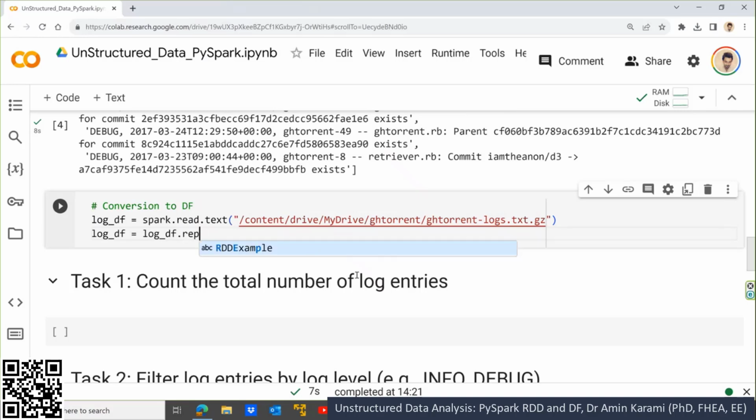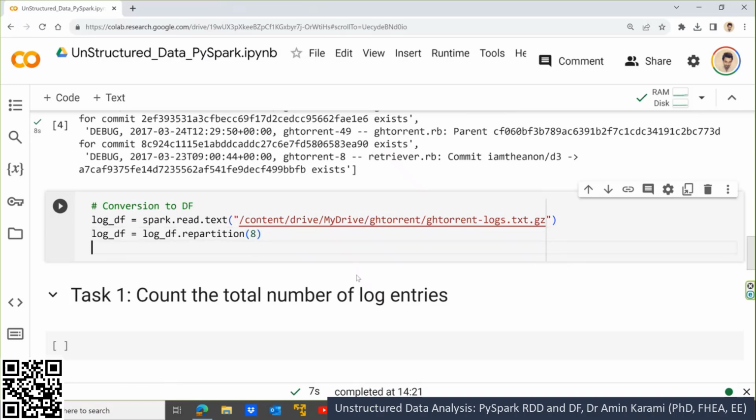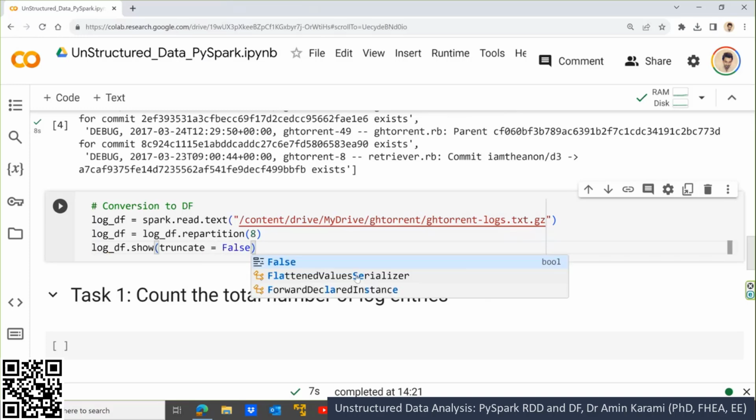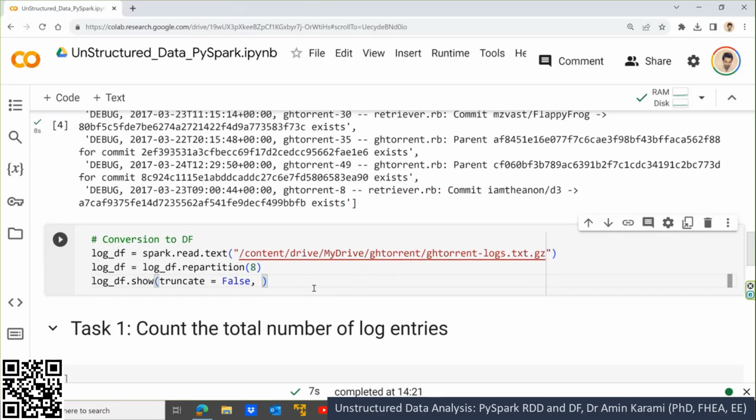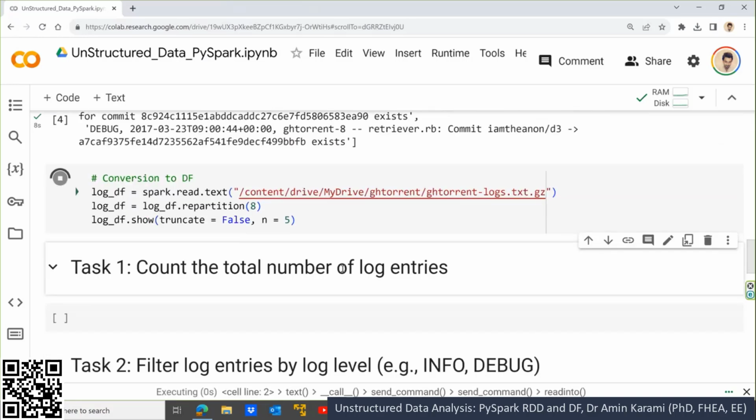Here I prefer, after reading, to also take advantage of repartitioning, because for the RDD we got 8 partitions, so why not do the same here? Then let's print it out. Let's say show, with truncate off, to be able to see the complete line without any problem. Otherwise, it's going to make a shorter version of the row if the row is longer. Let's say n=5, meaning 5 records, please. If you run this,